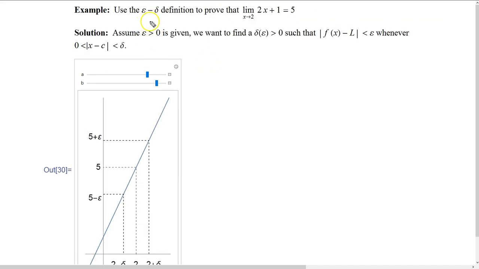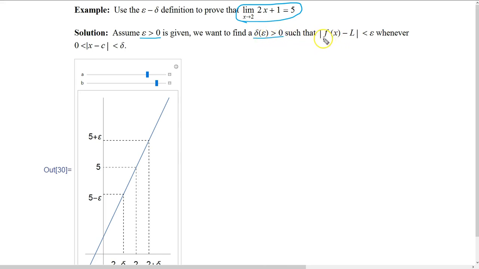So here we want to use the epsilon-delta limit definition to precisely prove that the limit as x approaches 2 of 2x plus 1 is equal to 5. So here's what we want to do. We assume that epsilon greater than 0 is given to us. It's some small number. We want to find a delta, and it will be a function of epsilon, positive delta,